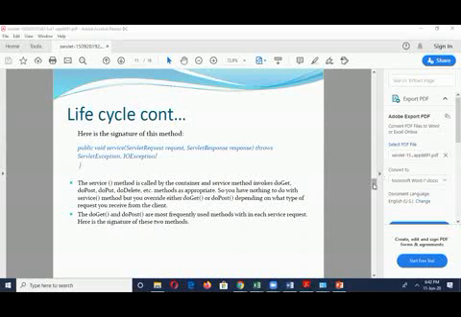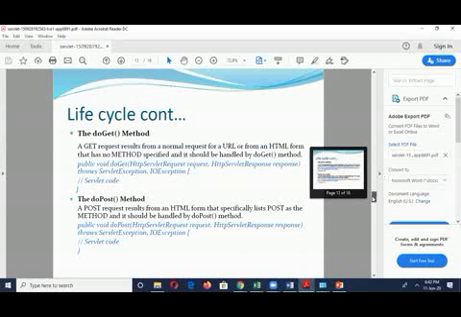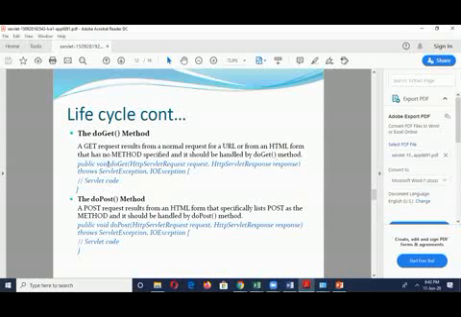So that is given in this slide. Just take down this for doGet and doPost. By importing this doGet, you have to put it in between the function call and the HTTP servlet request. So between these two you have to place the doGet, and the request and response should be given.